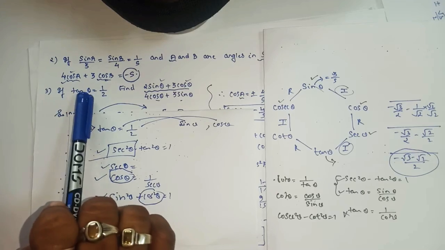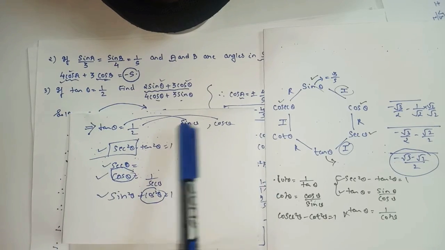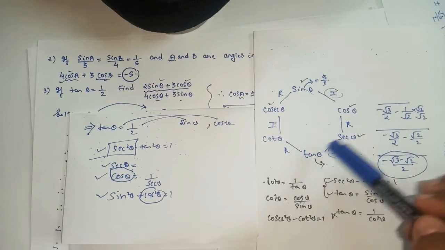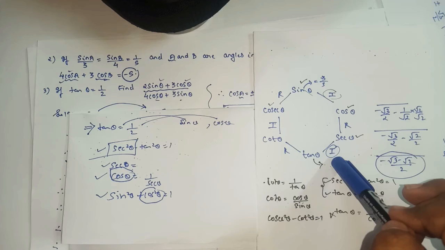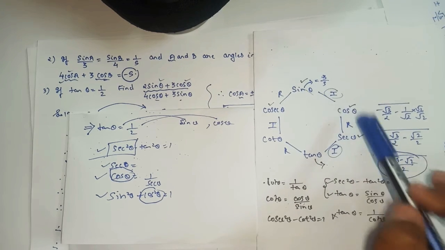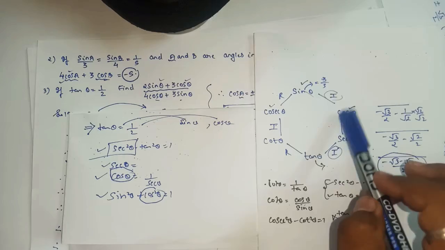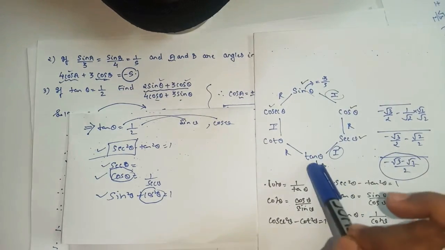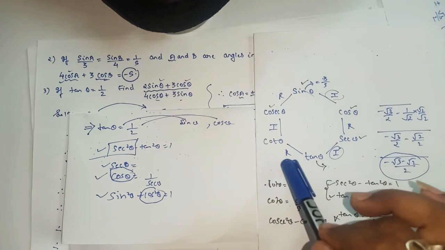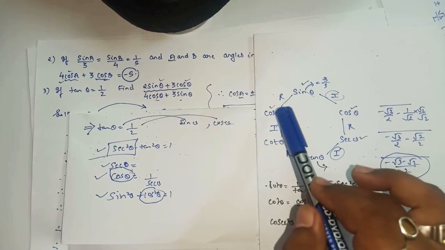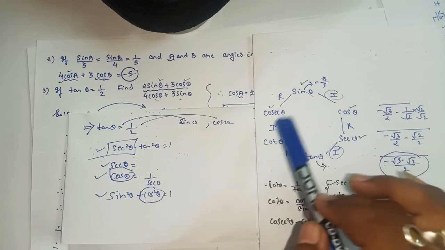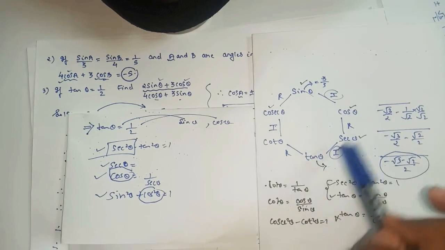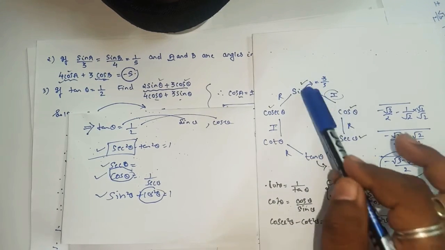You have to check with the help of tan how we can find sine and cos. So check here, this is the web chain. From tan easily we can find sec using the relation identity. So from sec you can find cos using reciprocal, and from cos you can find sine using identity. Or else you can go in this direction also. From tan you can find cot using reciprocal. From cot you can find cosec using identity, and from cosec you can find sine with the help of reciprocal. So there are two ways in which you can find cos and sine.